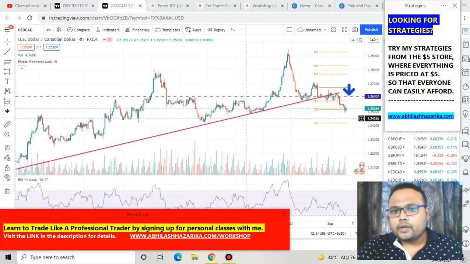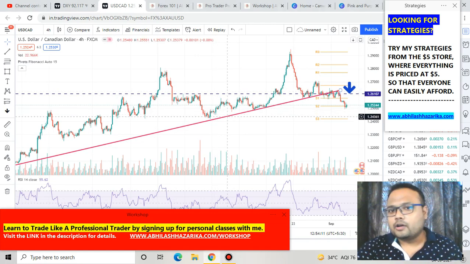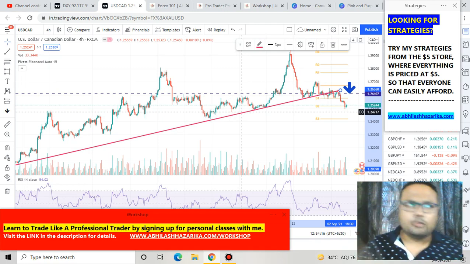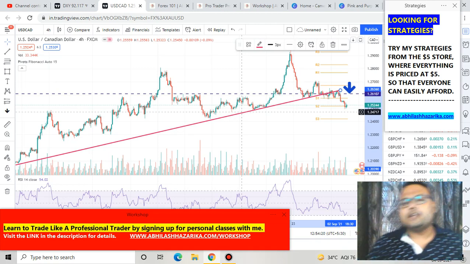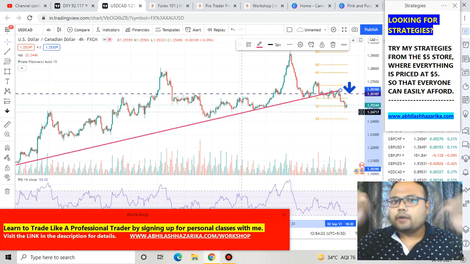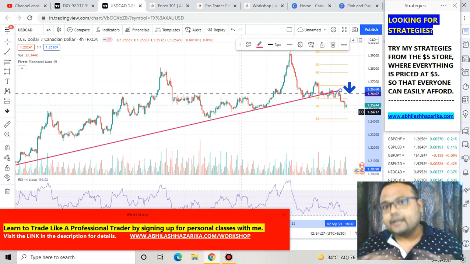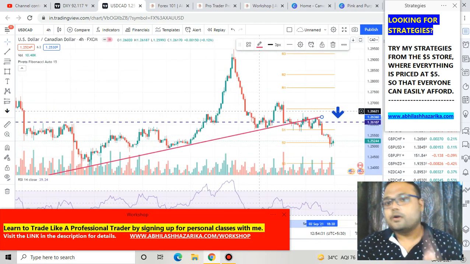So this trend line is no longer a valid support for the market. We do not need to focus on this particular portion because this trend line is no longer valid, or at least not valid right now. If on Monday or Tuesday the market again regains its position above the trend line, that's a different chapter. But right now the market is trading below the trend line, and therefore this trend line is no longer required, at least for Monday.